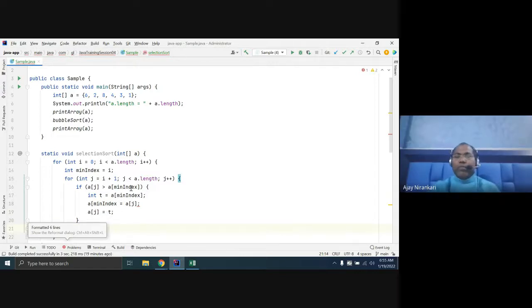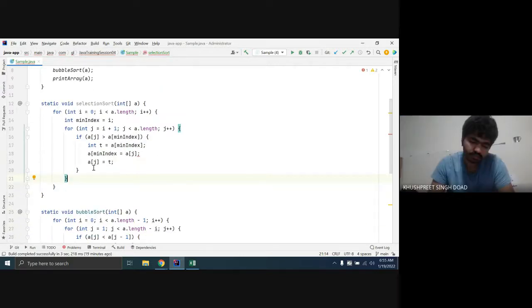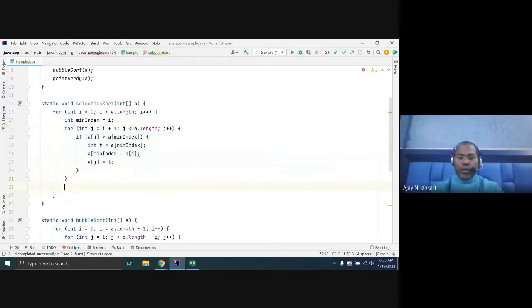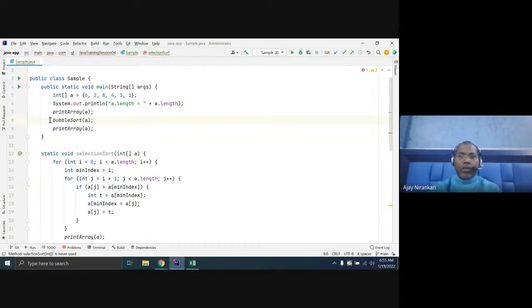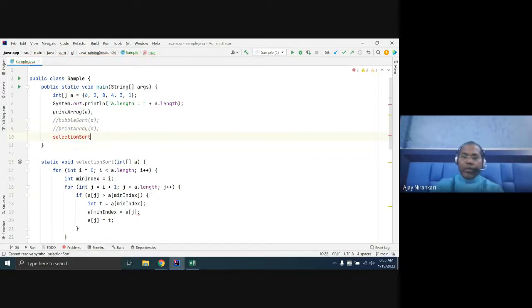Right? Let us check for this for loop what we are getting in the array. Just comment out this code and run the code.